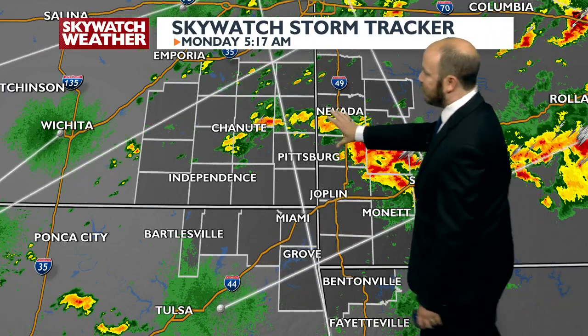It has been a bit of a stormy Monday morning in the 4 states. We got showers and thunderstorms stretching into southwestern Missouri. Starting to see a bit of an uptick in the lightning out there. And we're seeing some lightning with these showers and storms across southeast Kansas, and that's where we are going to